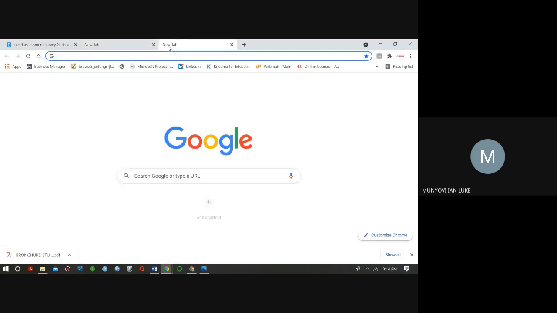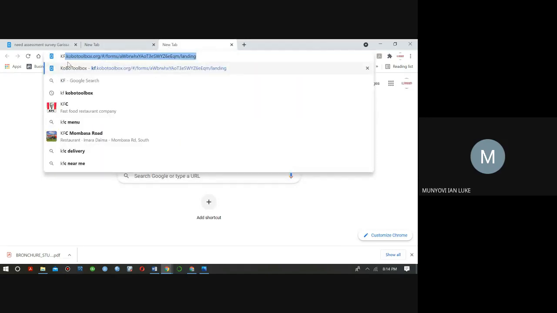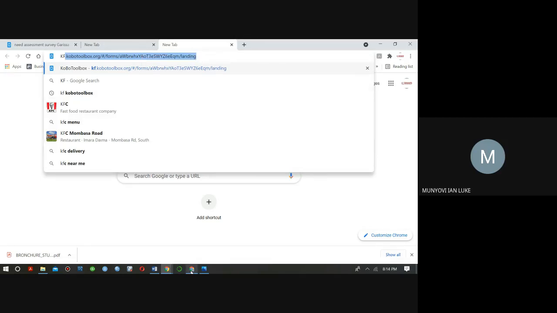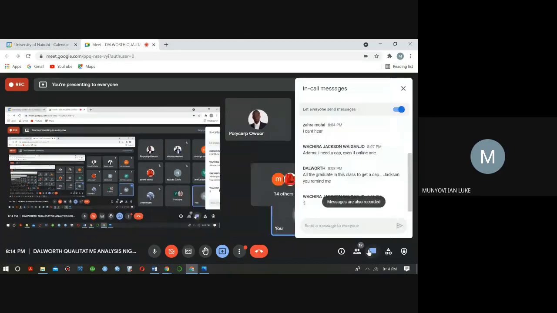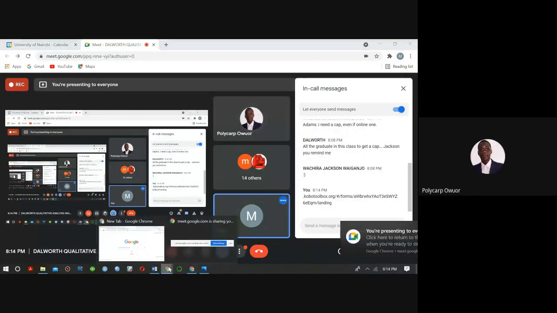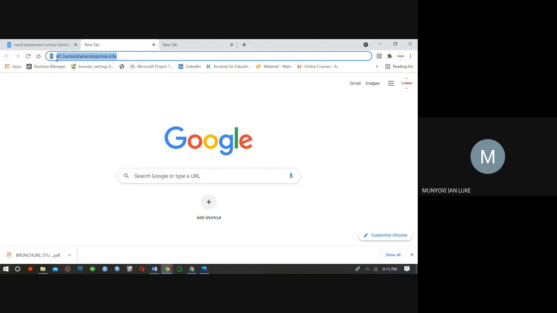If it still asks you for the same, right there KF, also try to log in with this one. So let me just share both of the links in here. So try first to log in with that side, and then once you're done, also try to go to this site.